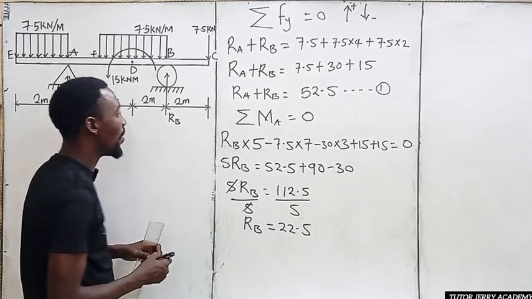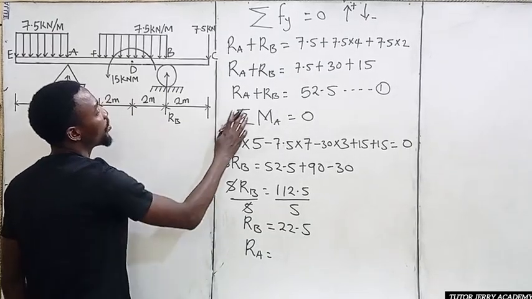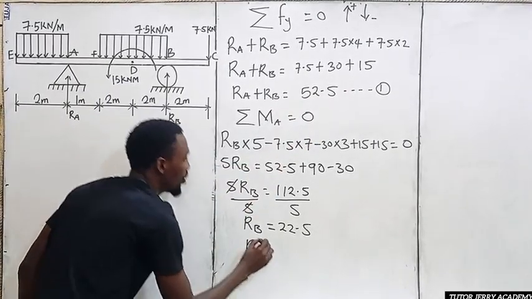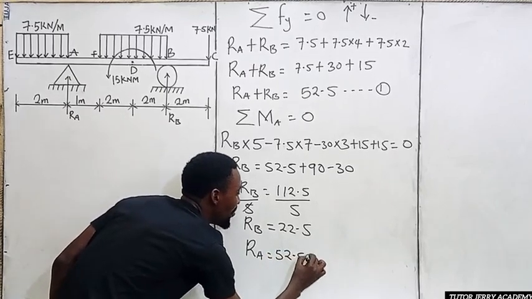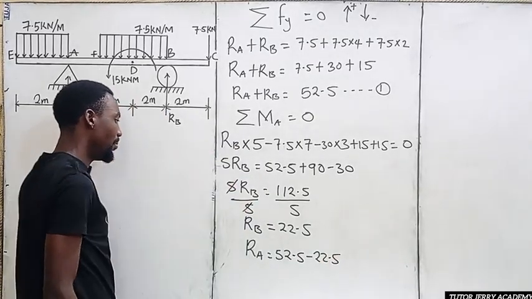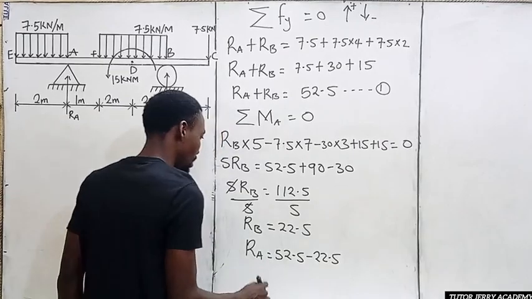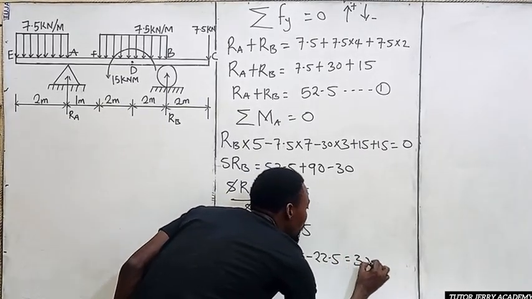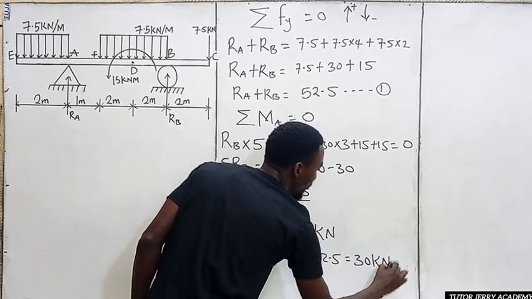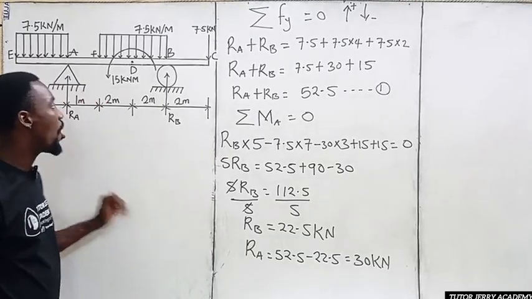So that is the value for our RB. So we can therefore get our RA now. Our RA will be equal to, if you take our RB to this side, from equation 1, we have 52.5 minus RB, which is 22.5. So 52.5 minus 22.5, we are going to have 30. So this is going to be equal to 30. Plus, don't forget the unit. It's going to be in kilonewton. All right. Now that we have gotten the reaction at the support, now we can therefore go for the